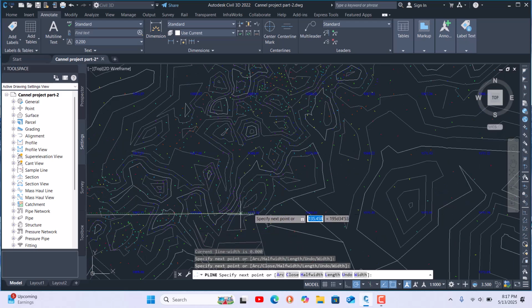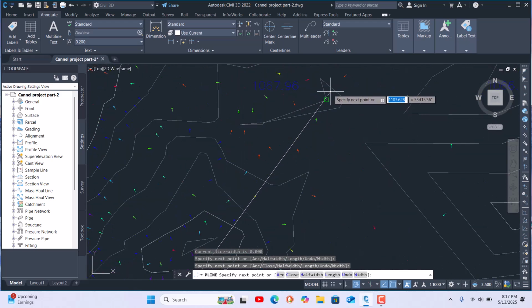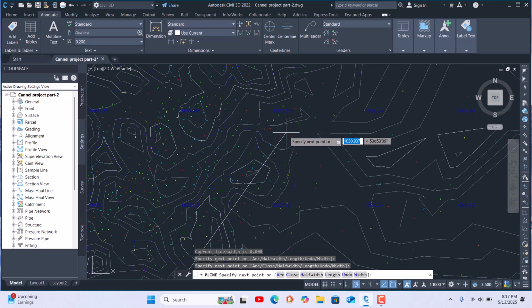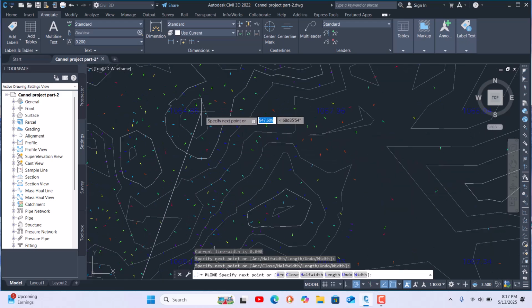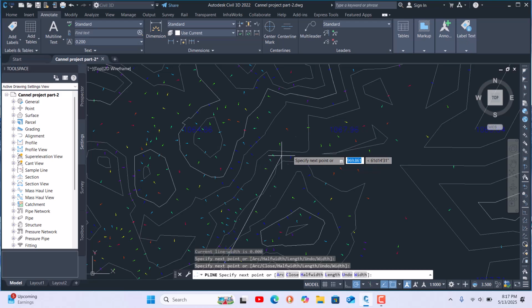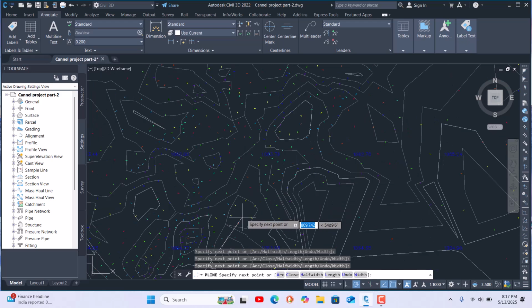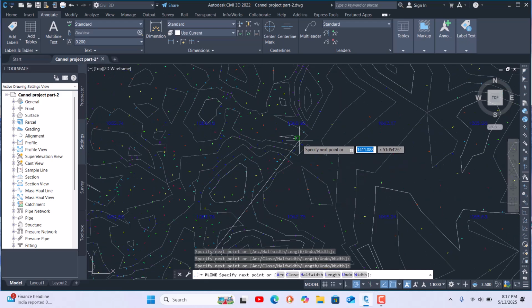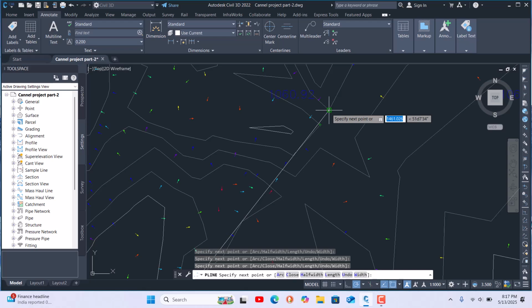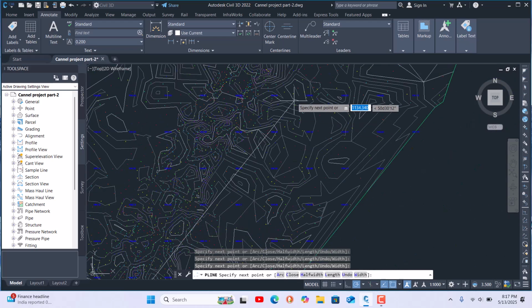72, and in this area we have to choose again 66 here down. Here 64 is the down, so I'm going nearby 67, 68, and here we go to 63 and around 60.